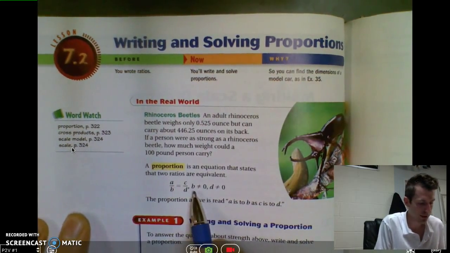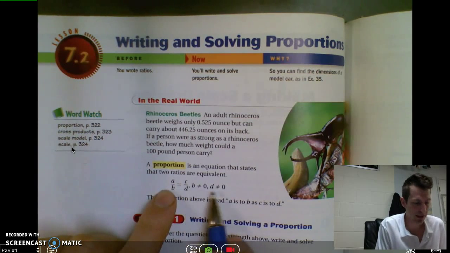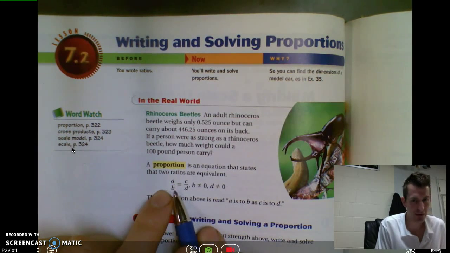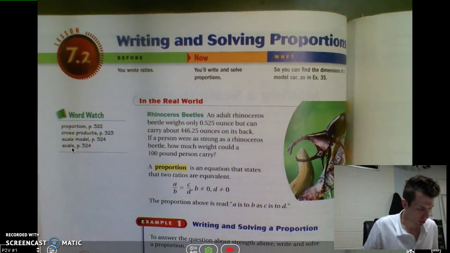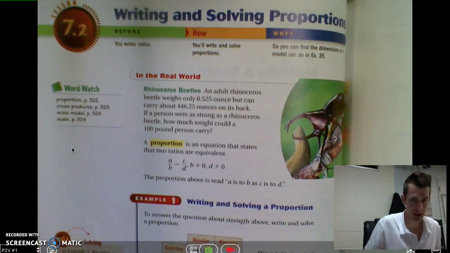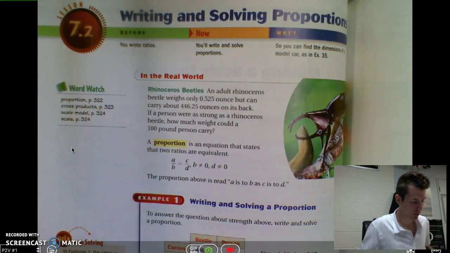Now, notice this says the B here and the D, these denominators, they can't be 0. You can never have a denominator that's 0. That's an error, right? So let's take a look. Well, actually, example 1, we already did. Example 1 was this beetle problem. We did it just like they did. I'm going to move over here